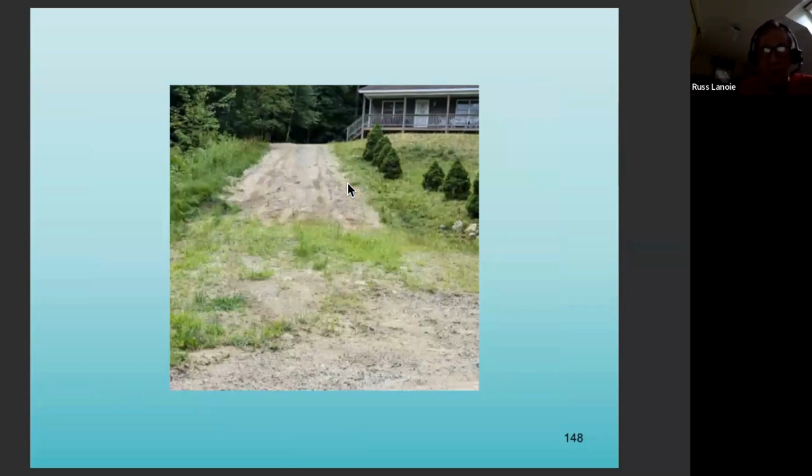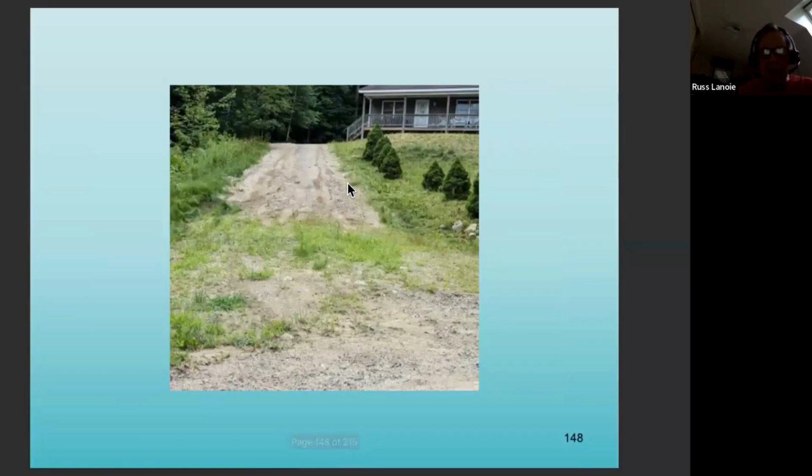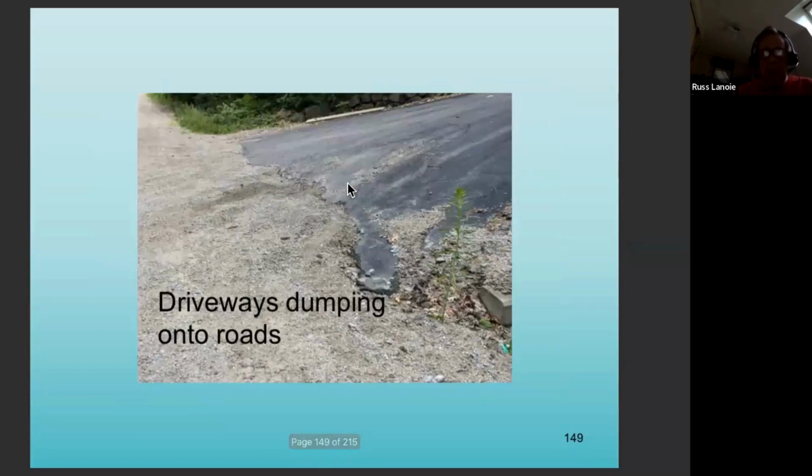This is a driveway I did for somebody years ago, and they never bothered to keep after it. You've got to keep maintaining. That needed much more than a rolling dip. That needed a good crown. And what I'm going to get at here is a lot of the driveways that I have in Rock House dump right straight out onto the road. The driveway permit says you can't do that. Nobody pays attention to that, and it